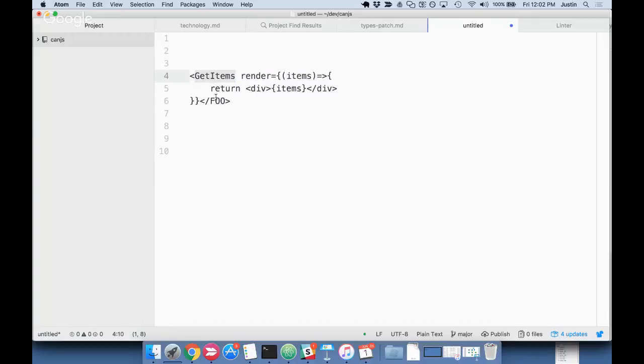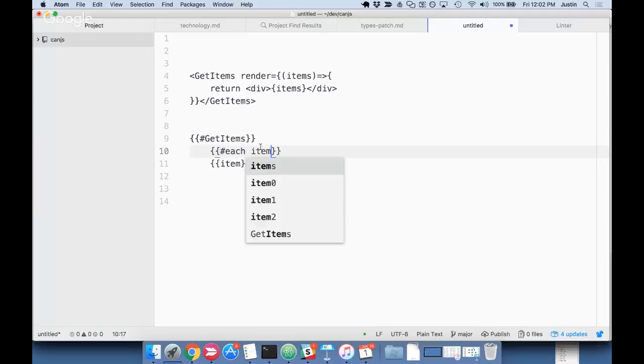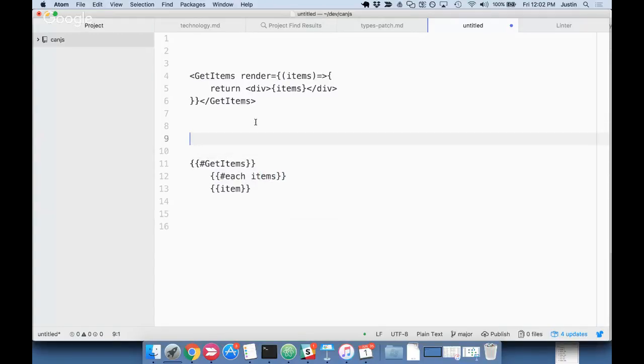Right? That's now CanJS. You could always do this. You could always create a helper like get items, and then here you would have access to each item. You could even write inside of here like each, a lot depending on how they expose it. Sometimes it was each this, but more often they would actually put it as like items. They would call their